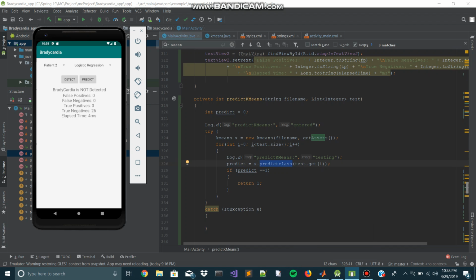Now we go ahead and see logistic regression, and we predict for patient 2. If you press predict, it says that bradycardia is not predicted by logistic regression, and it also shows the elapsed time. Along with that, we have SVM. If you select SVM and predict, it says the same thing with a lesser elapsed time in this case. Now we go to patient 1 and check for KNN, and for KNN it gives us a value of